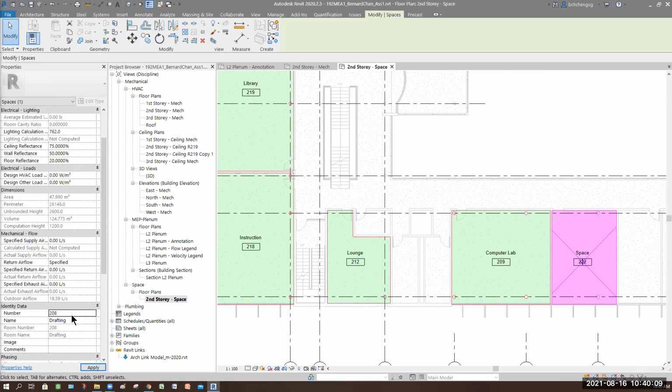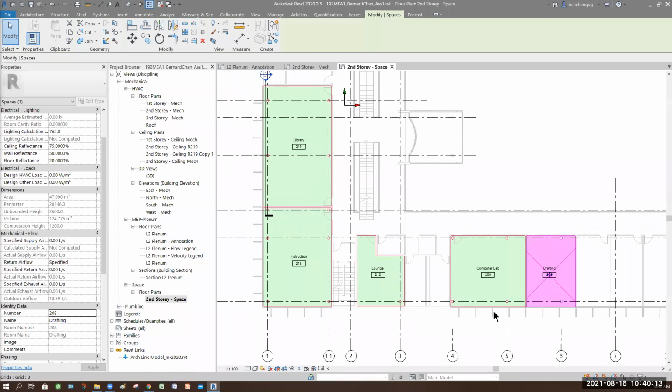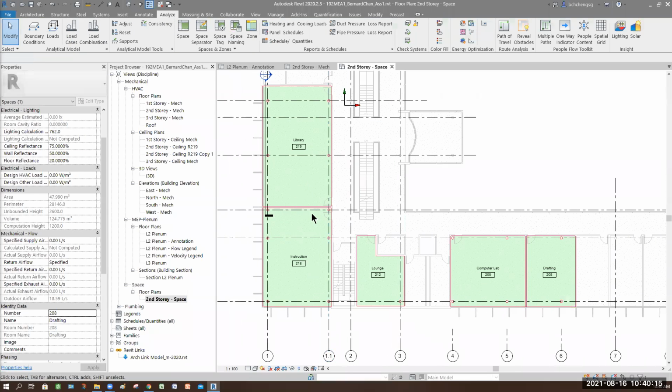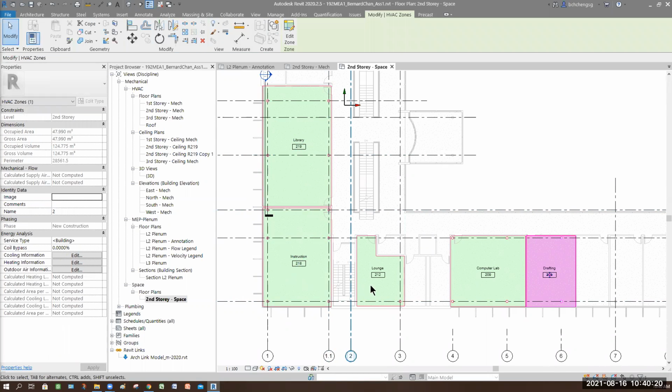208. Okay, so I have 5: 1, 2, 3, 4, 5. And maybe you can classify this as a zone if you want. Okay, so what it says after that,